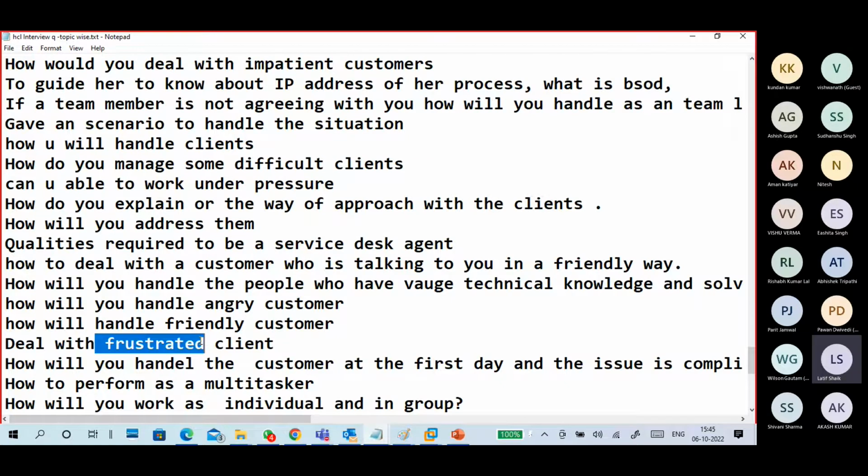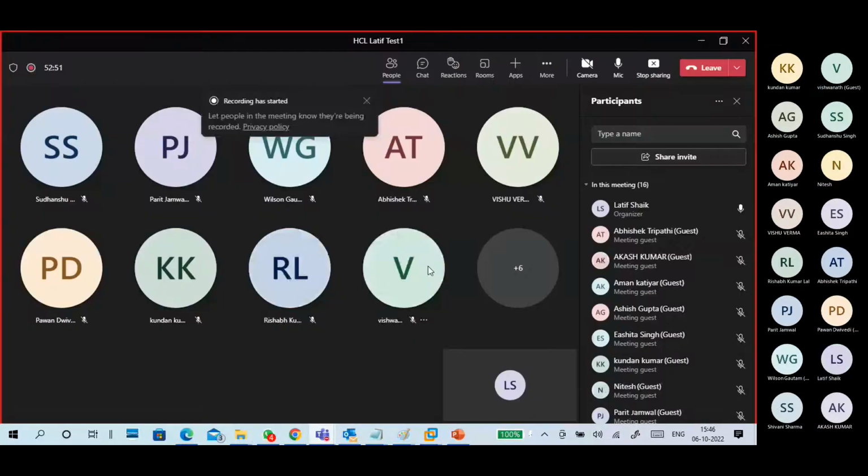So that is the point, guys, understand. If this is the question, like impatient, angry or frustrated customers, how to handle this type of customer? Listen carefully. Okay, listen very carefully, guys. The point is,